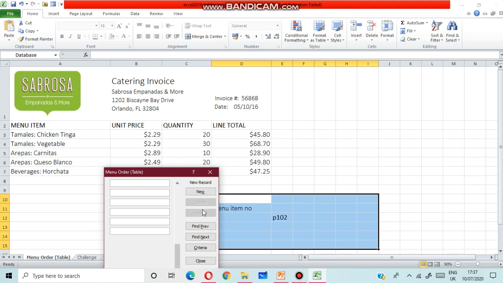Again you can write here the types of food.